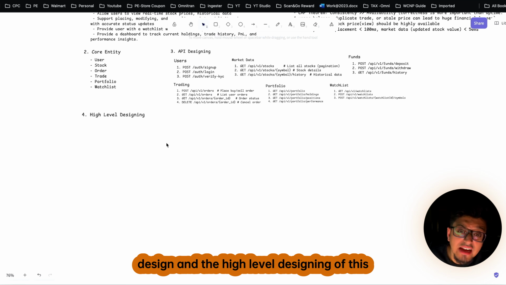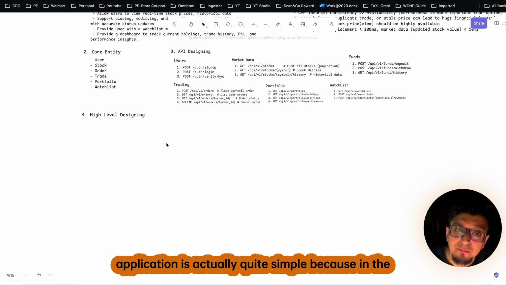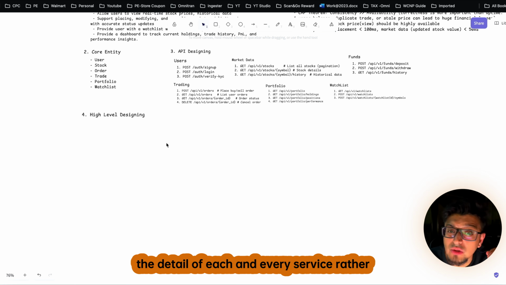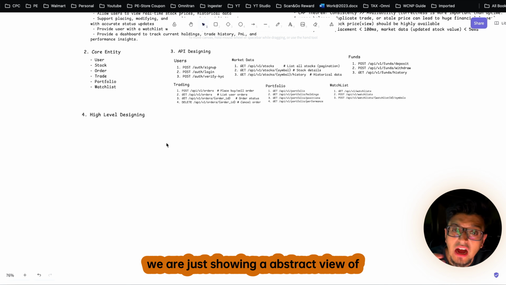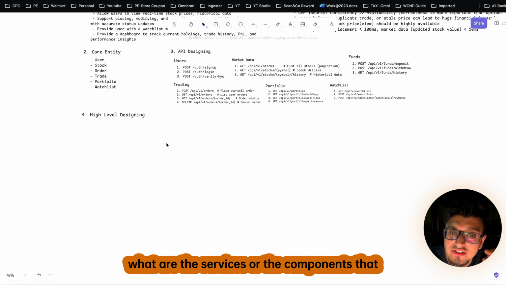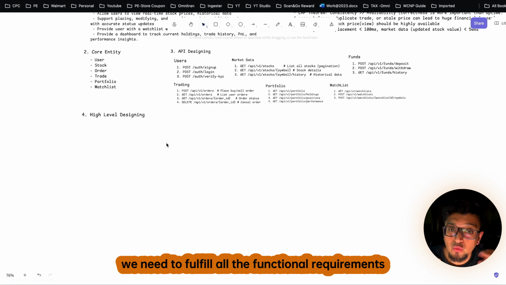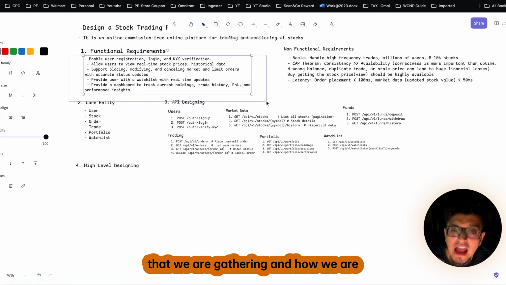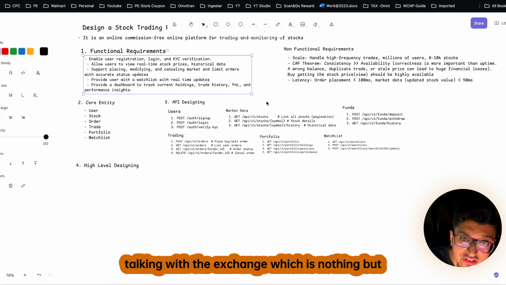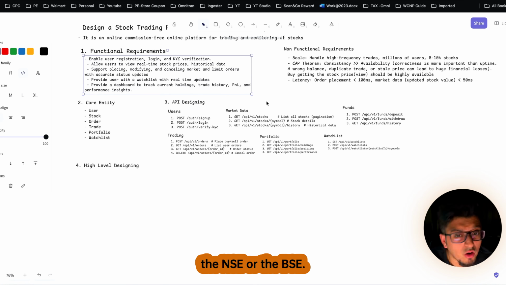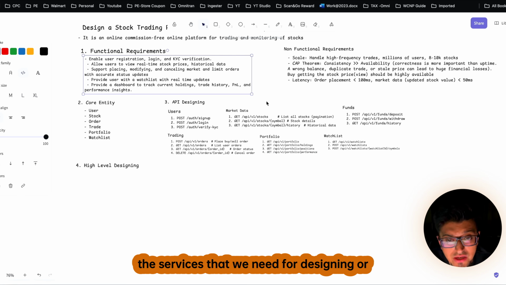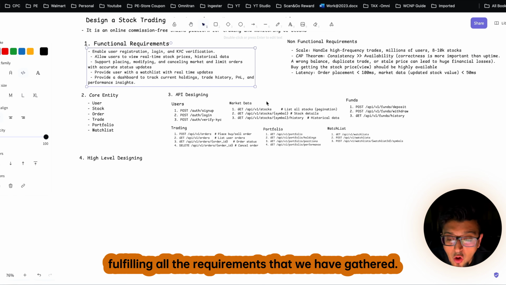And the high level designing of this application is actually quite simple, because in the high level designing, we are not going into the detail of each and every service. Rather, we are just showing an abstract view of the services or components that we need to fulfill all the functional requirements, and how we are talking with the exchange, which is nothing but the NSE or the BSE. So let's see what components or services we need for fulfilling all the requirements